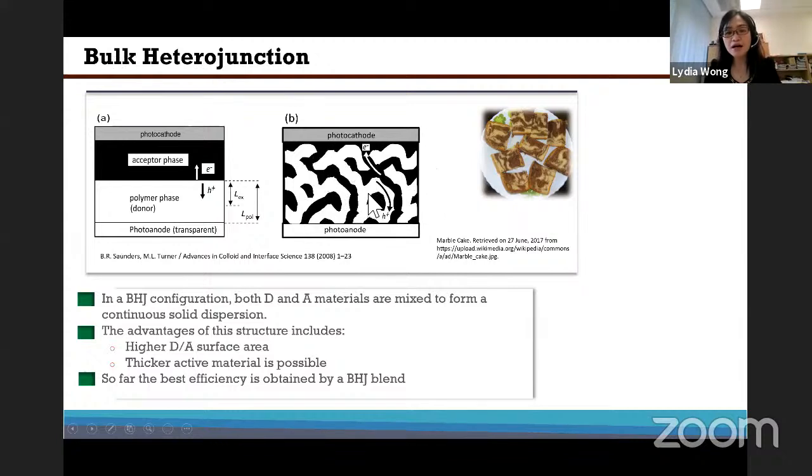The P-type material is the white color here. It will conduct holes, and the black color material is the N-type. It will conduct electrons. There is a reason why we need to do this, but I don't have time to go through it with you.